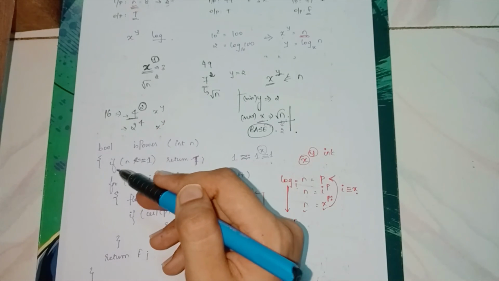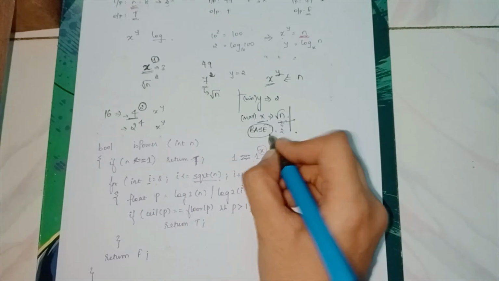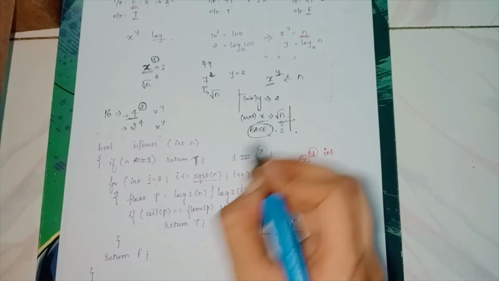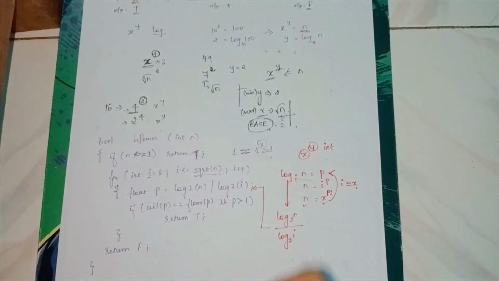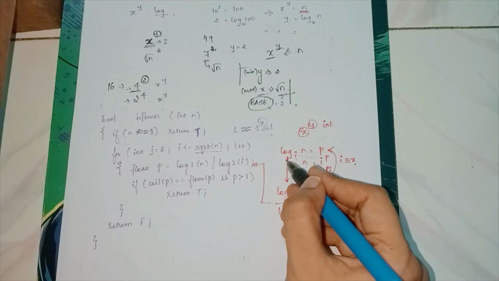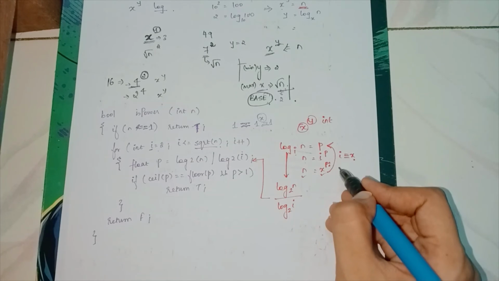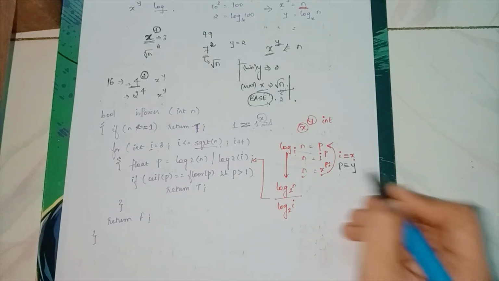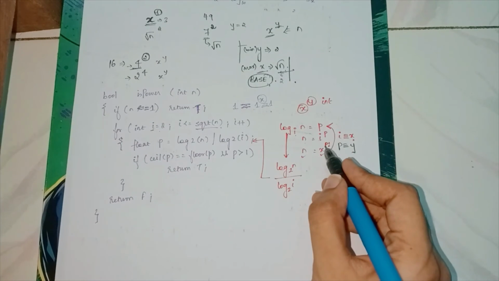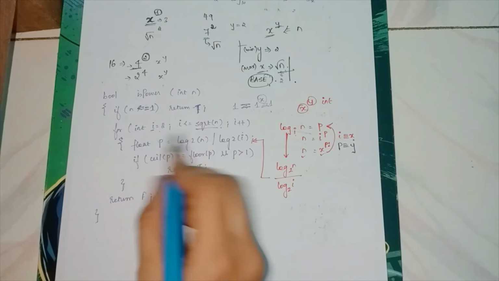So if you go through a lot of examples, you can evidently see that this is the case. This is going to be a base condition. So using a base condition, we proceed further. We run a for loop for finding the value of x, okay. So log of n to the base I is equal to p, so n is equal to I power p. So this I is x and the p is going to be y, okay. So we run a for loop to find the value of this x here, okay.